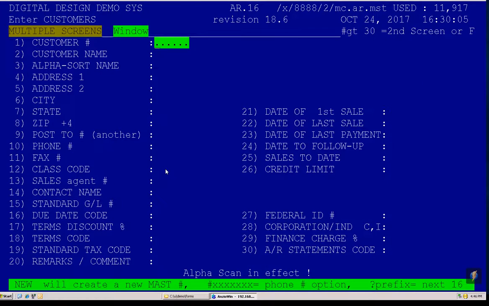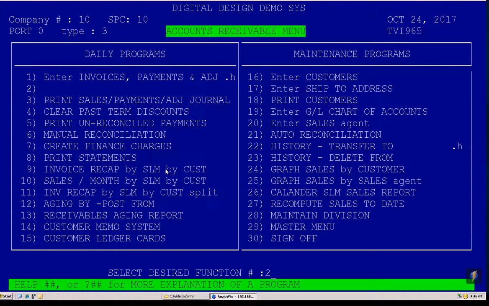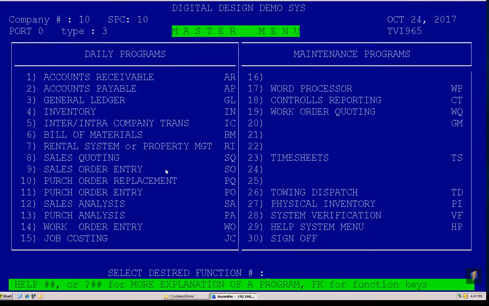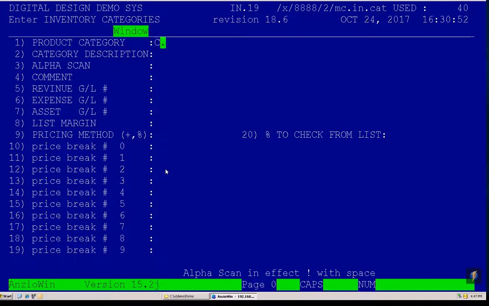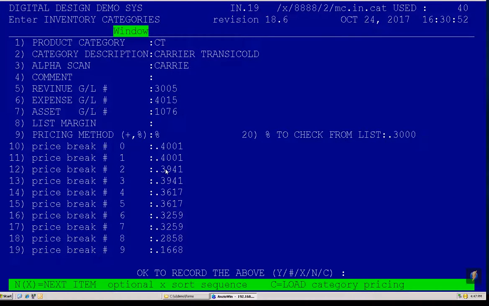Okay, so I'm going to go to my inventory menu first. I'm going to go to 29 to master, 4 is inventory, and let's go to 19 first. So if I pull up this category, there's two ways to do this, and we switched over to going cost plus because some of the suppliers don't have a straight margin on everything, and we wanted to make sure that if something goes up in cost, you immediately capture that price